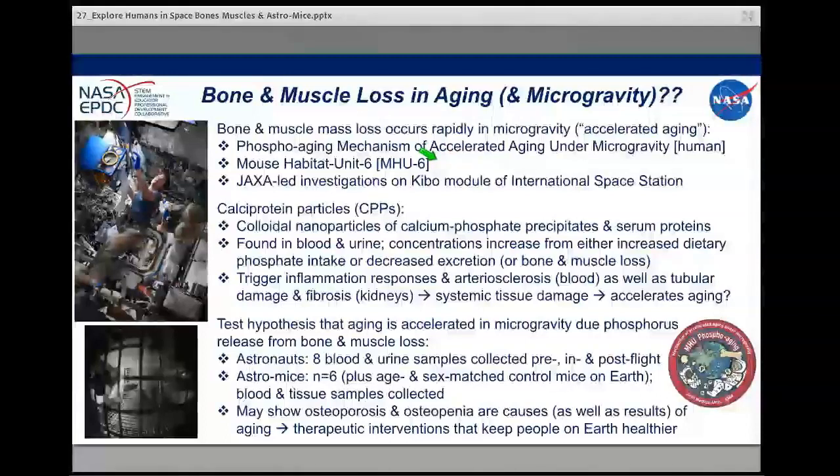These are actually led by the Japanese space agency, JAXA, so they're being conducted on board the Kibo module. But just to give you a little bit more about these CCPs, they're actually nanoparticles that are the combination of these calcium phosphate precipitates, because they don't dissolve real easily in the blood. So they're kind of these particles that are floating in the bloodstream, and they form a complex with these serum proteins. And if you take a look at blood or urine, you can actually measure these CCPs, and the concentrations